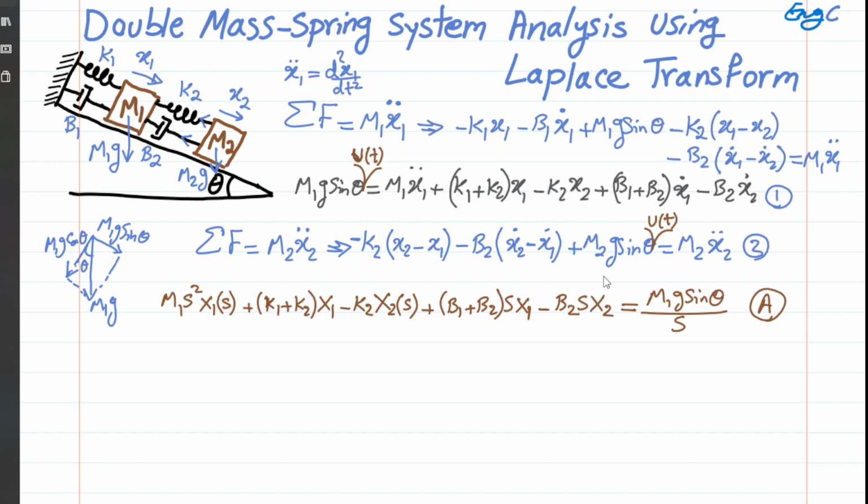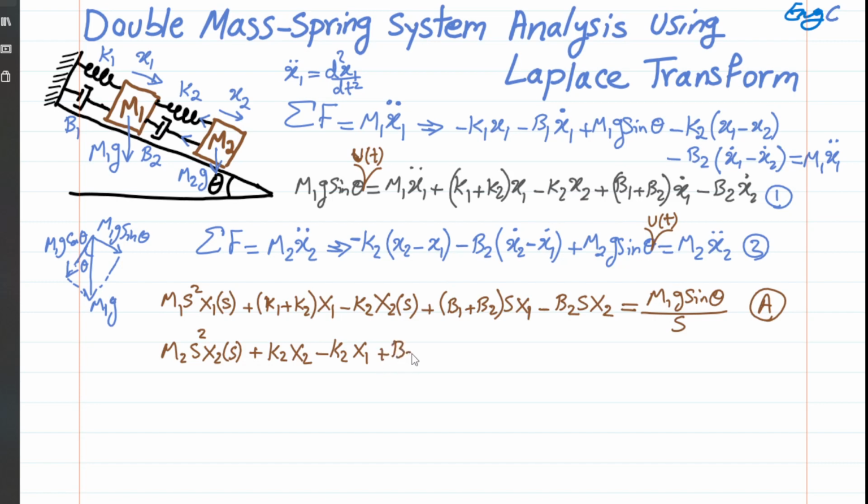Okay. I can do the same thing for equation number 2 here. So what I'm going to do is I'm going to write it as m2 s squared, because it's the second derivative, x2 of s plus. So it's as if you move these guys to the other side, so it becomes, as you can see, k2 x2 plus k1, minus k1 times x1. Just to make sure I'm not missing something, minus k2 times x1, because as you can see, it's plus k2 times minus x1 becomes plus k2 x1, but we are moving to the other side. So minus k2 times x1, and then we have